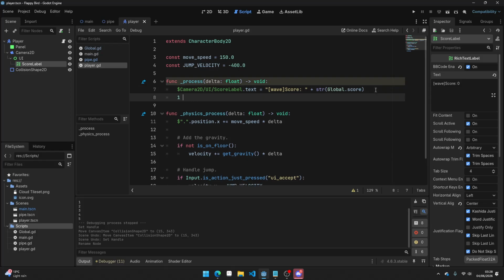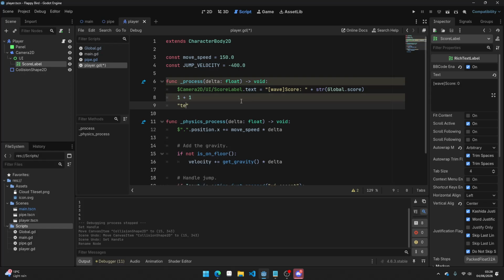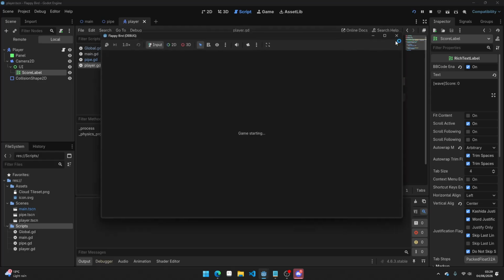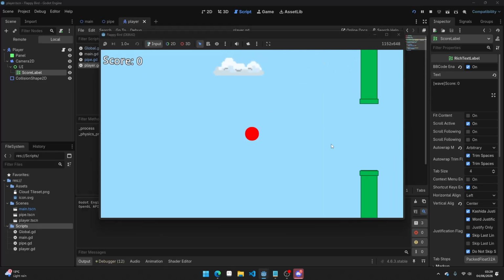So imagine you had 1 plus 1, right? It's seeing text here plus 1. How can it add a number? Look, invalid operands to operator plus string and int. But if you were to go string 1, it doesn't care because it reads it as text. So this is saying this label now has to always say, every frame it updates, the score is and the number. And if we press play now, this score, once you go through a pipe,